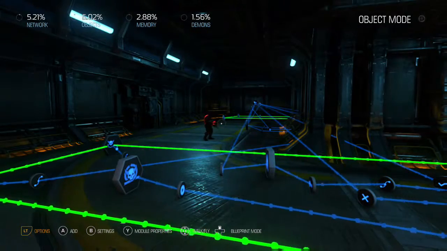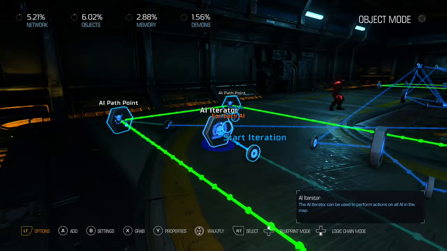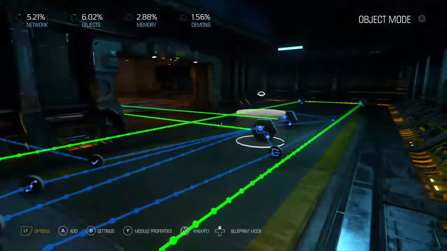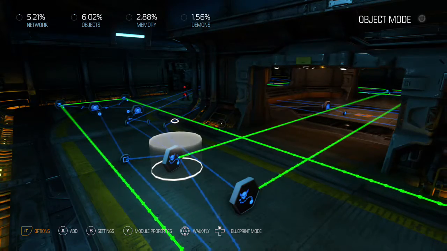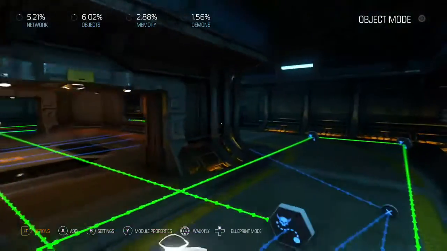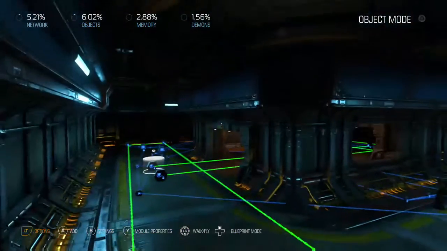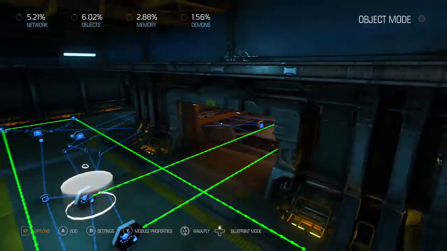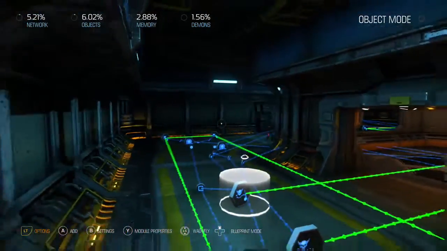Now, let me just say this in advance. Using these AI iterators affects the entire map. Every creature that's currently spawned. So, that being said, use this code wisely. Do not be surprised if you have a timer event or a repeater event that spawns creatures periodically, and then all of a sudden they're trying to follow the same path